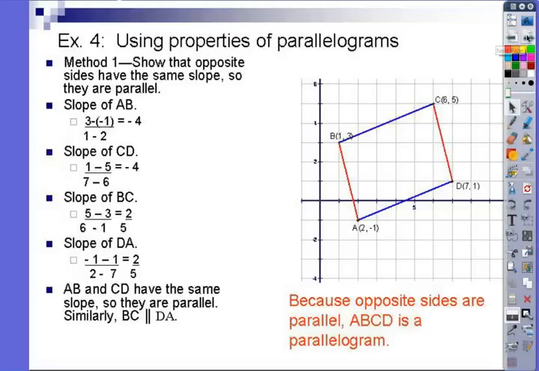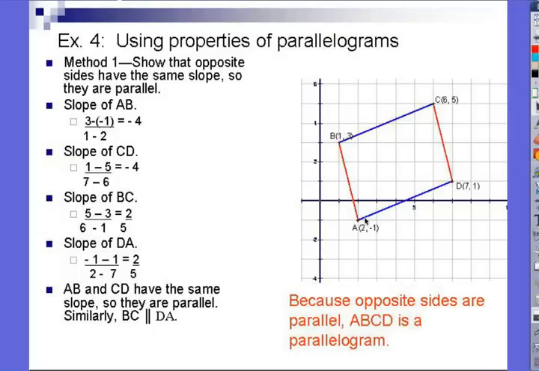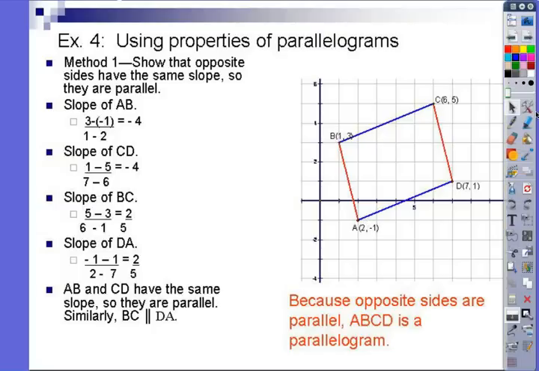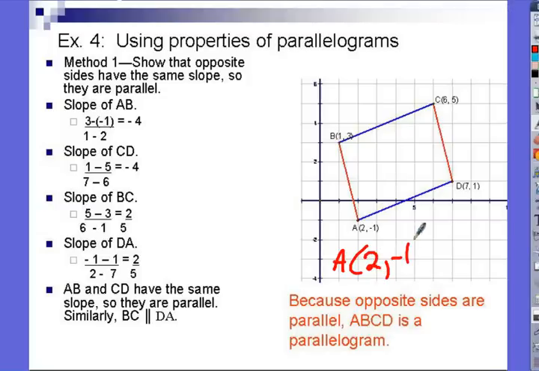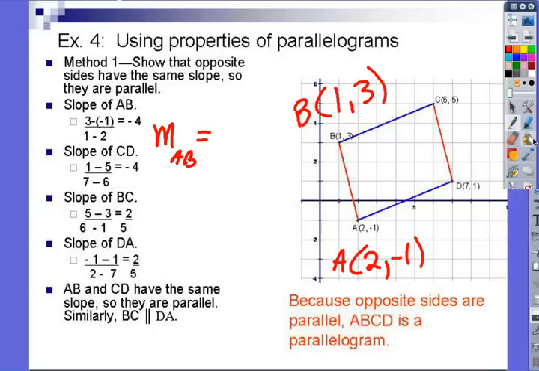Now, if I wanted to calculate, let's just look at one of these, and I won't drag you through all of them, but if we just review this real quickly, if I want to find the slope of, say, AB, well, the coordinates, you may not be able to see this. Let me make these a little bigger. Point A has coordinates 2, -1. Point B has coordinates 1, 3. So I'm just going to use the slope formula, rise over run. The slope of AB would just be,